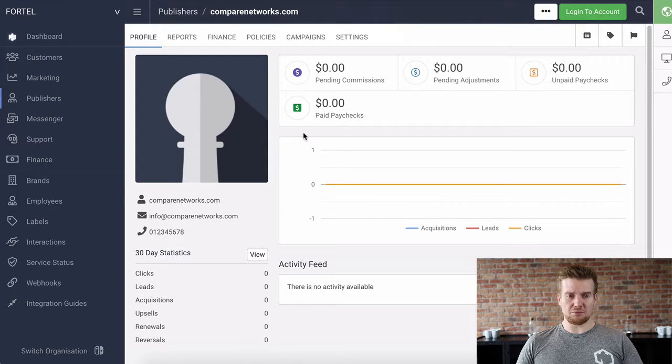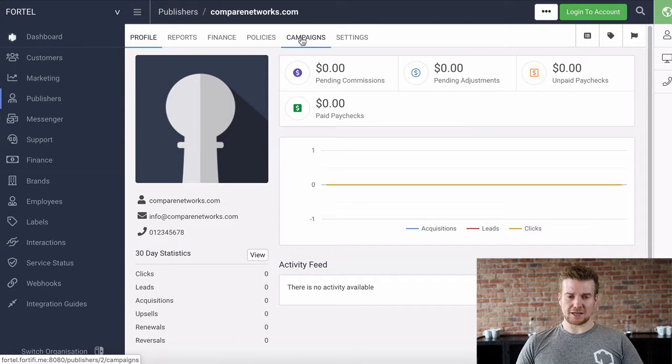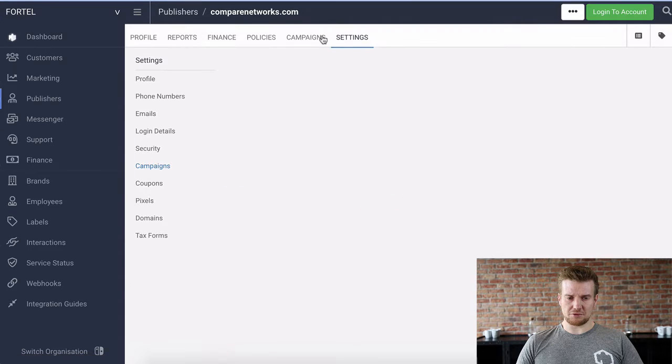So we're almost there. We're almost ready to start sending traffic through this publisher's banners or blogs or links, any of the backlinks they're going to use to force traffic through to your website. But the one thing that we're missing is a campaign. This gives us the link that we need to give to our publisher for them to put into those banners, into those links that will send through to your website. And it also allows us to track any traffic that this publisher is sending to us, which allows us to build up things like the Paycheck, but also tracking into the reporting and see where we're getting those visitors and the information on them. So I'm going to click on Campaigns,